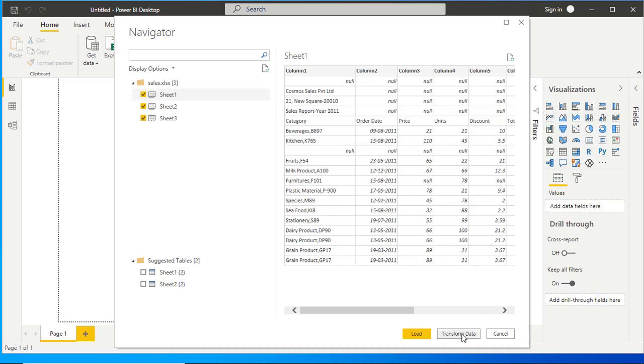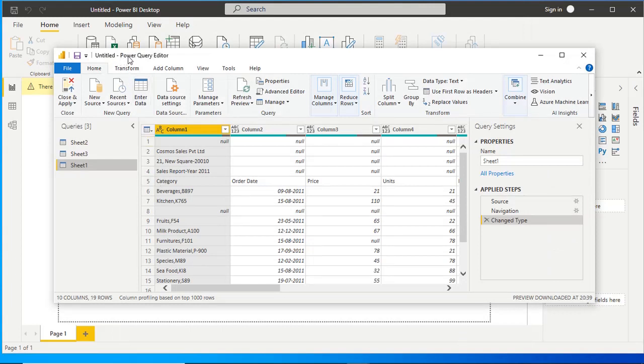Click on the transform. So you can see we have the Power Query Editor. Power BI Desktop has several components to transform, model and visualize data and also generate reports from the data. This Power Query Editor is used to transform or edit data before they are actually loaded into Power BI. Now, how to clean the data? How to transform the data? So we have the Power Query Editor, and on the top we have the query ribbon. In this query ribbon we have multiple options.